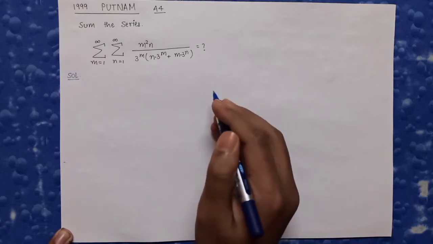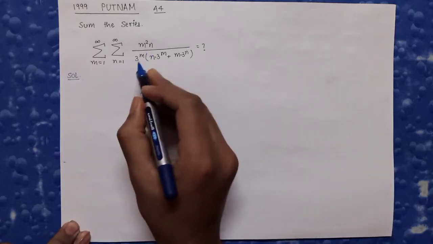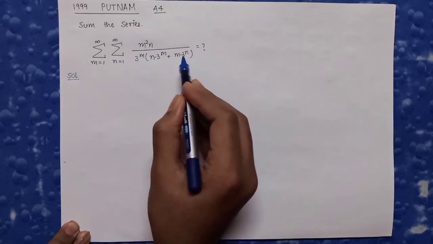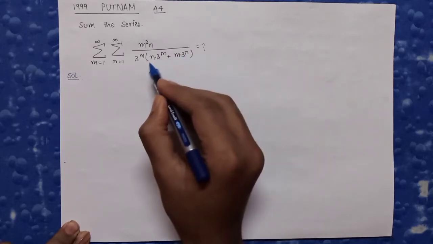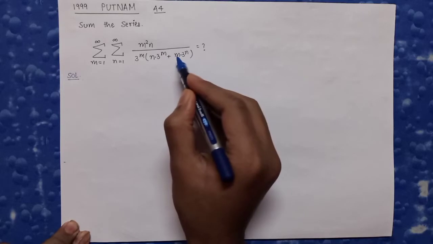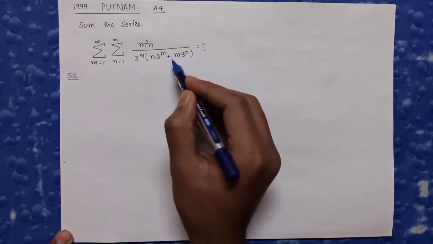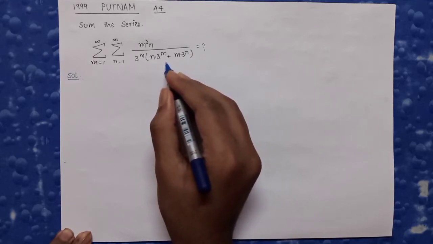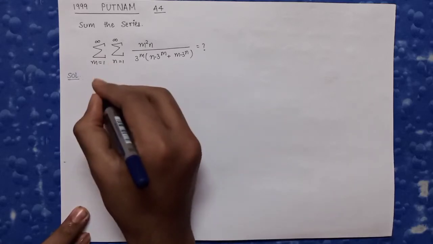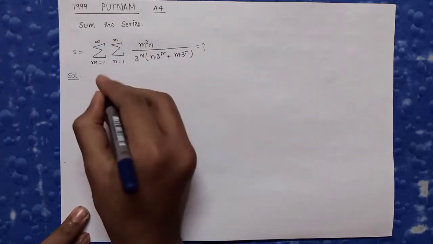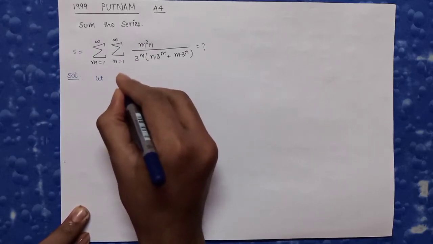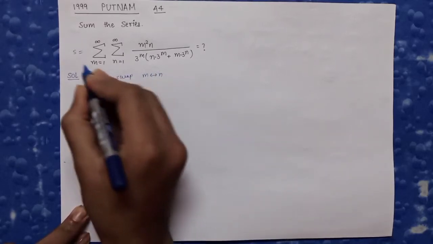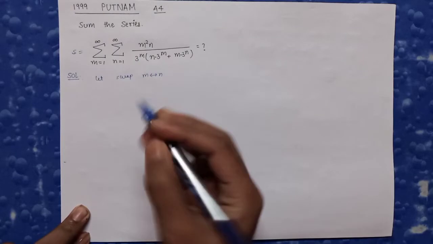Now let's start. As soon as I saw this problem, a double summation of m square n divided by 3 raised to power m, then n multiplied by 3 raised to power m plus m multiplied by 3 raised to power n, I was able to see that m and n are symmetric about each other. They are acting like dummy variables in the sigma notation. So I named this summation S and swapped the variables, writing m as n and n as m. The value of S won't change.